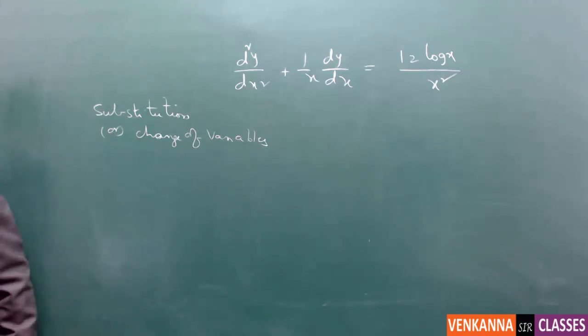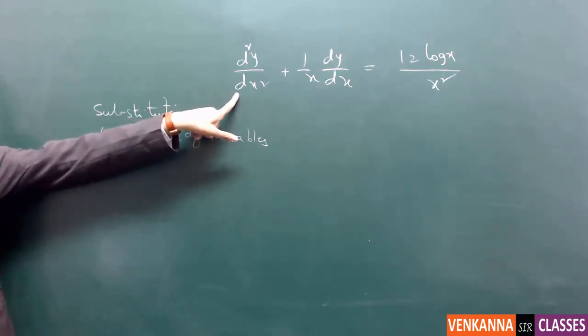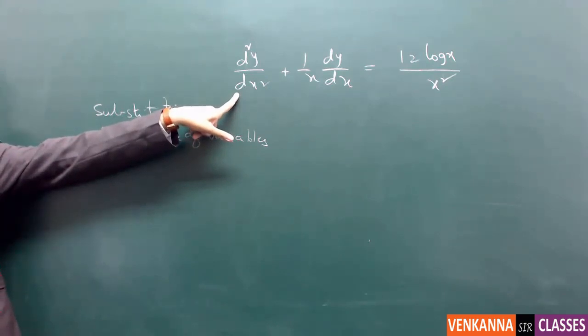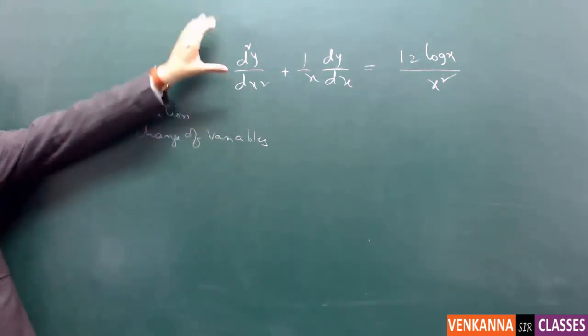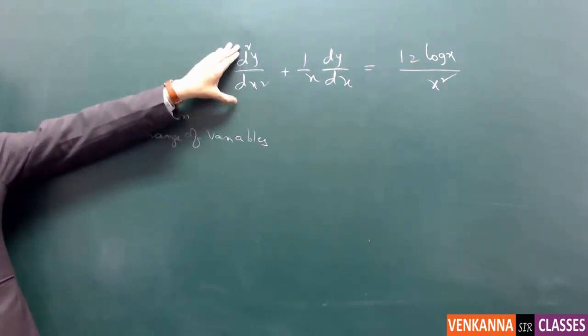Now, on the first look, we say that it is a second order differential equation. Agreed? Because d square y by dx square is present in the equation. However, it comes under the second and higher order differential equations category,